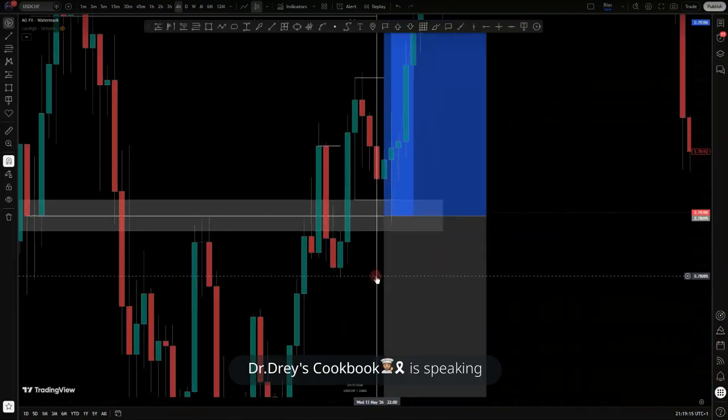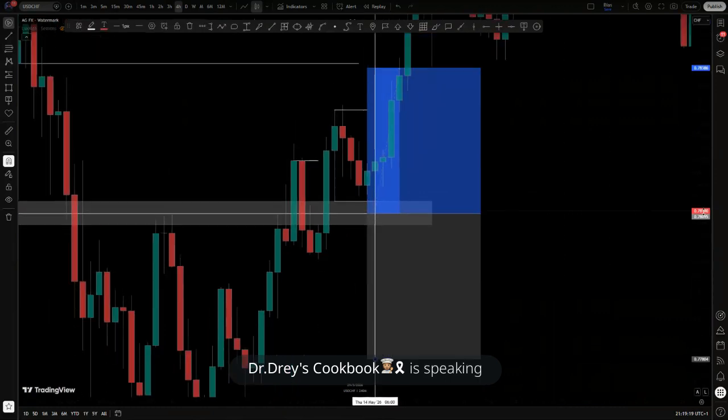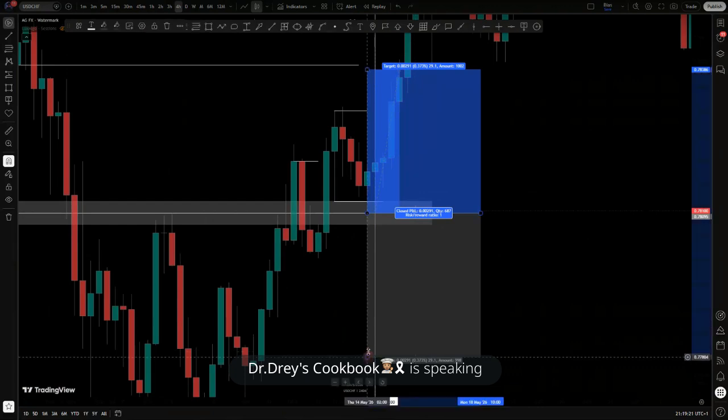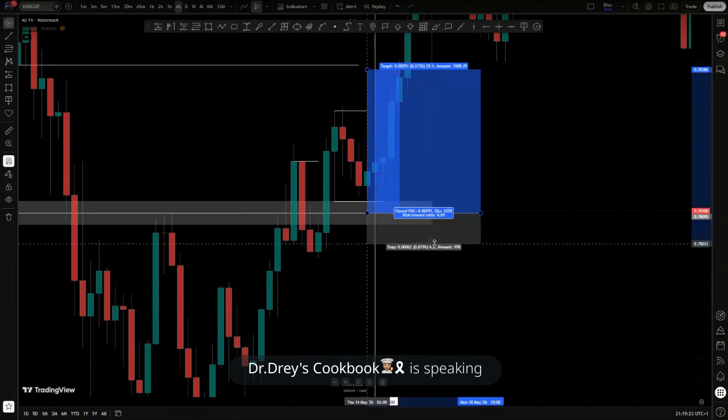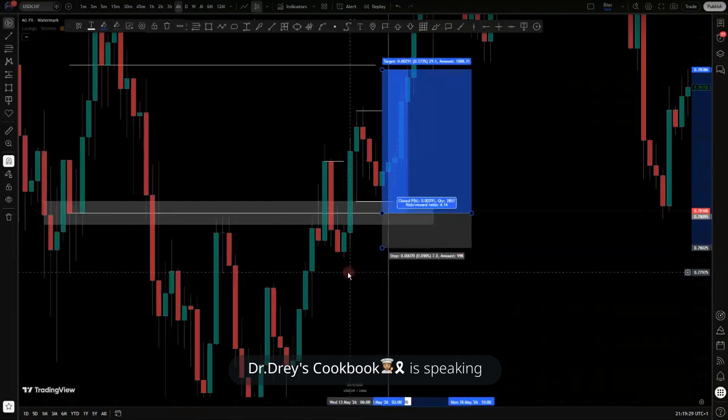Remember, we only saw this afterwards. 1, 2. So we are not entering from Asia. After Asia, we now what? That was when we found this entry. That was when we found this. My stop loss can be below the candle that broke price to the upside. So this is where